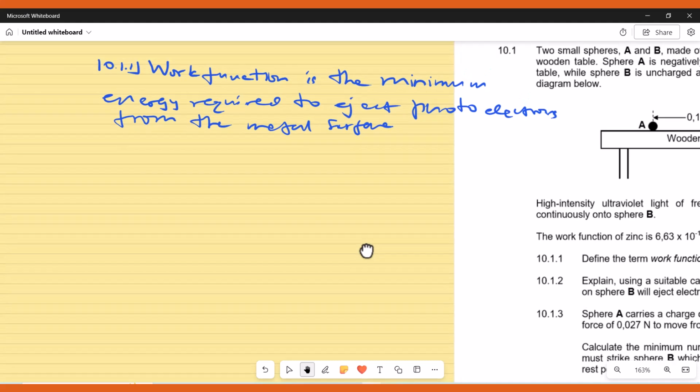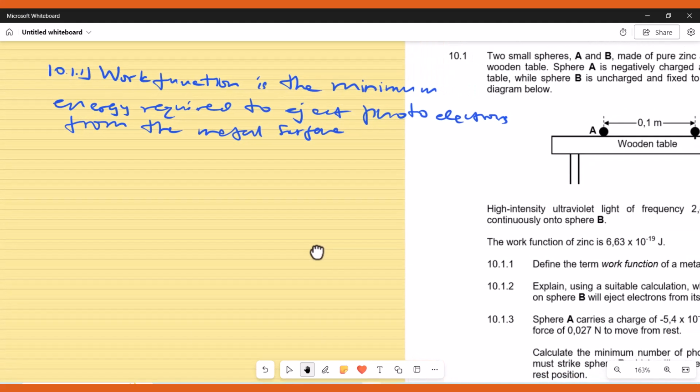We know that in the photoelectric effect, the incoming light has got energy, so note that our equation says that the incoming energy E equals the work function plus